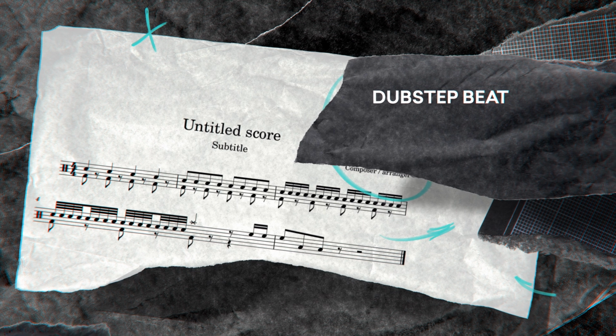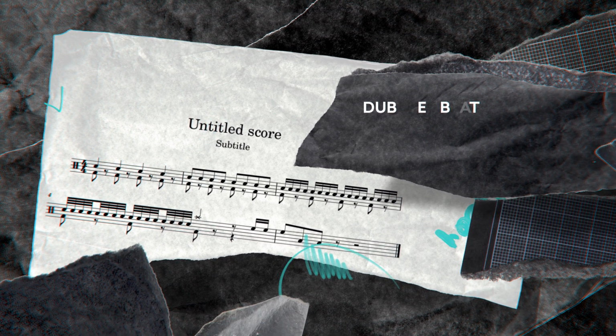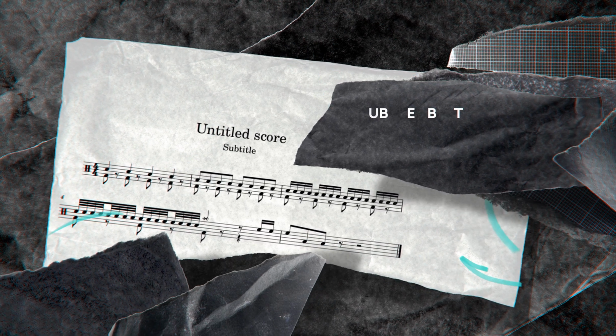Dubstep, it's all about the drop. The drums are very different before the drop and after. In the beat I played, I start with a build-up and I'm modulating up a subdivision every time, meaning that I'm doubling the speed of whatever I'm playing until I get to a big crash, and then I like to play some kind of little drum fill and then drop into a halftime, kind